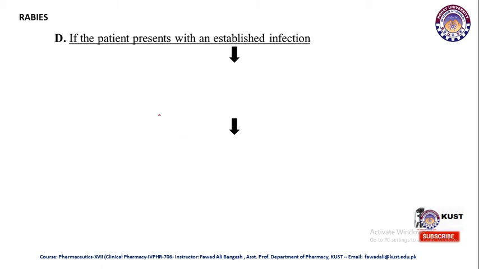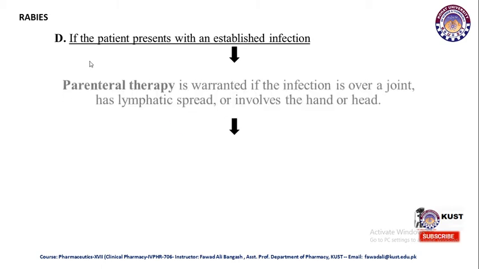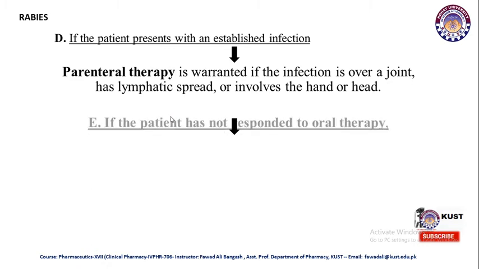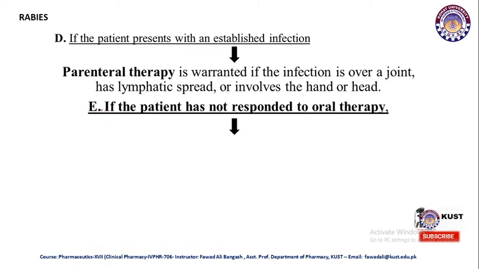If the patient presents with an established infection, parenteral therapy is warranted. If the infection is over a joint, has a lymphatic spread, or involves the hand or the head, parenteral therapy is warranted. If the patient has not responded to the oral therapy,